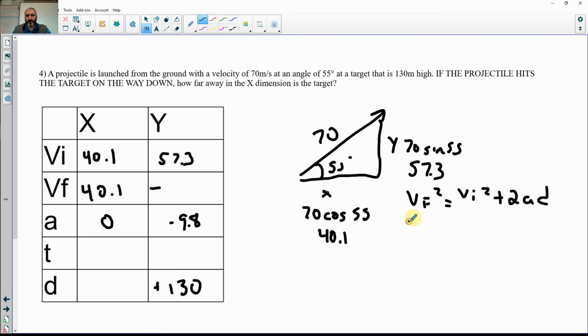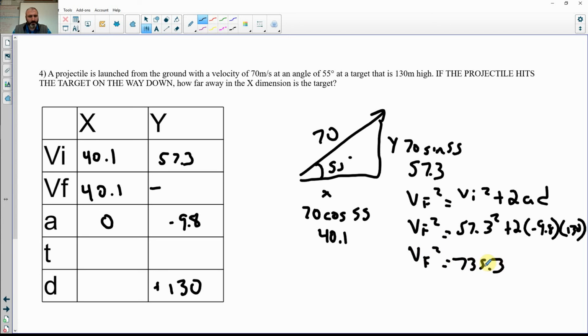So VF squared equals 57.3 squared plus 2 times negative 9.8 times 130. We'll just plug that into the calculator. 57.3 squared plus 2 times negative 9.8 times positive 130. It's going to give us a VF squared of